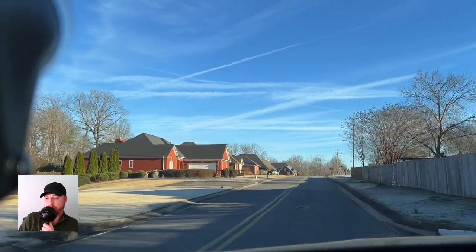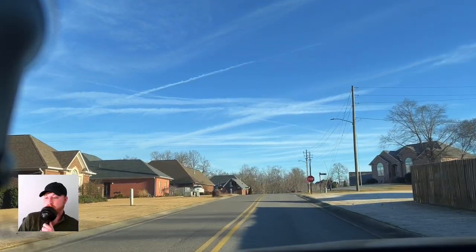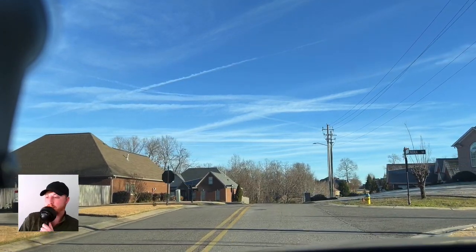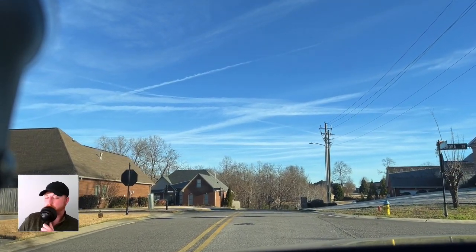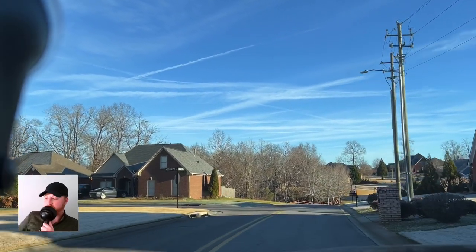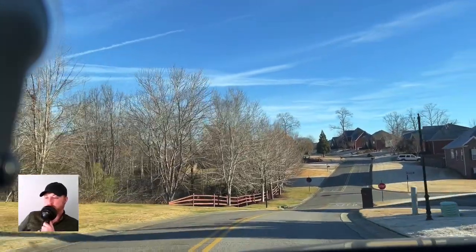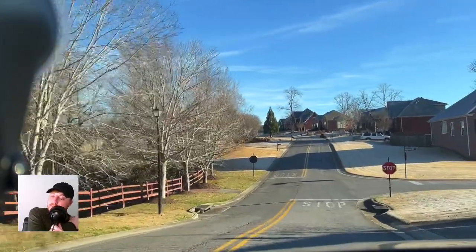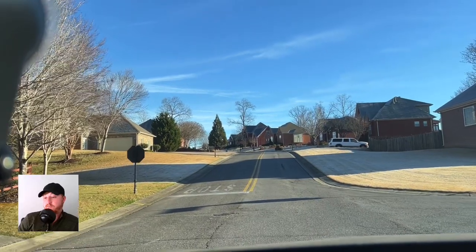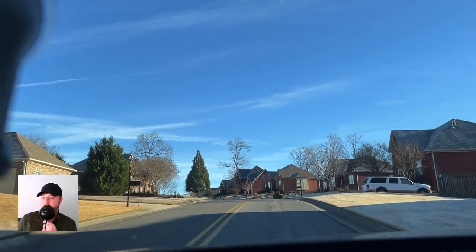For Longwood that we're in right now, this is a huge subdivision. And I love this subdivision. I love the houses in this neighborhood. The HOA is fantastic. I'm in the Facebook group for Longwood HOA, and everybody is so kind in this neighborhood. Again, they're going to wave at you and ask you how you're doing. It's a beautiful neighborhood. If you go down left, there's some real elevation in this neighborhood as well. There's some long steps to a creek on the left